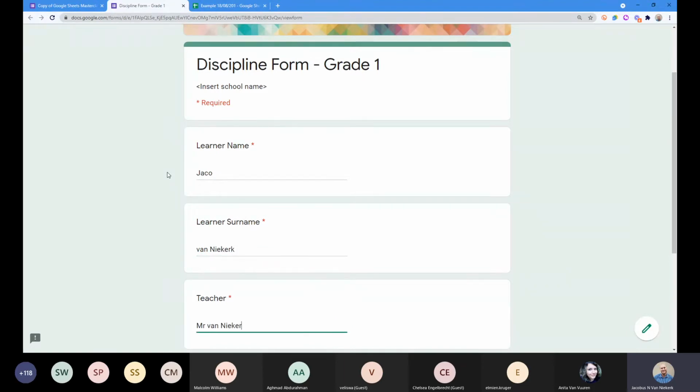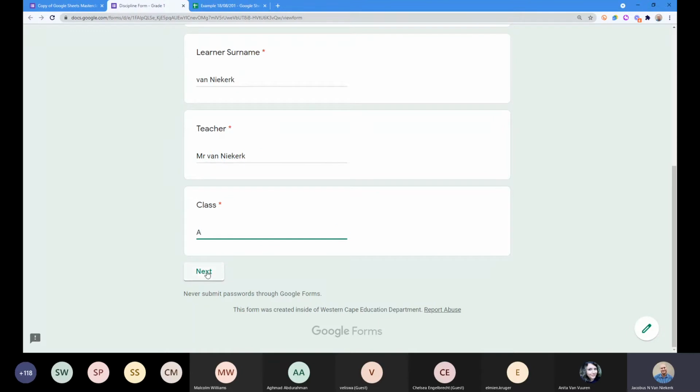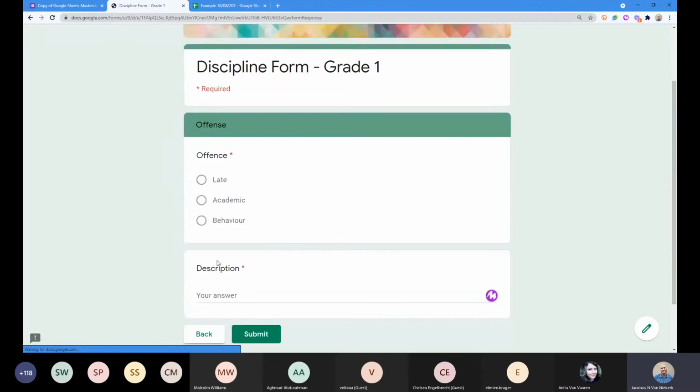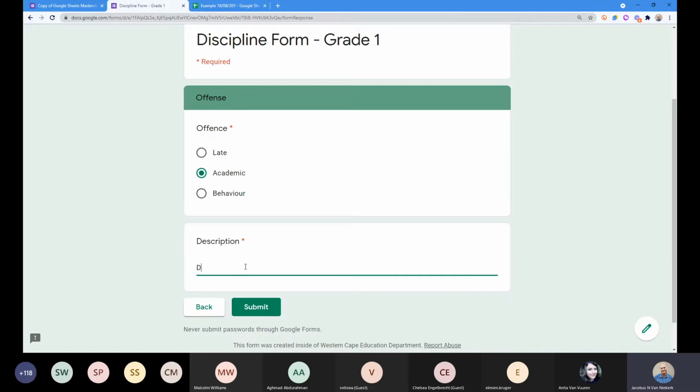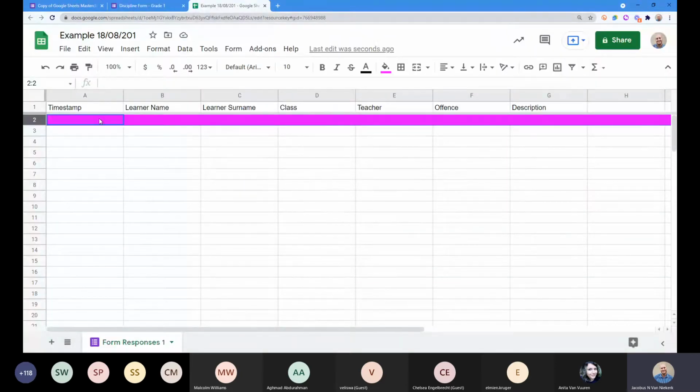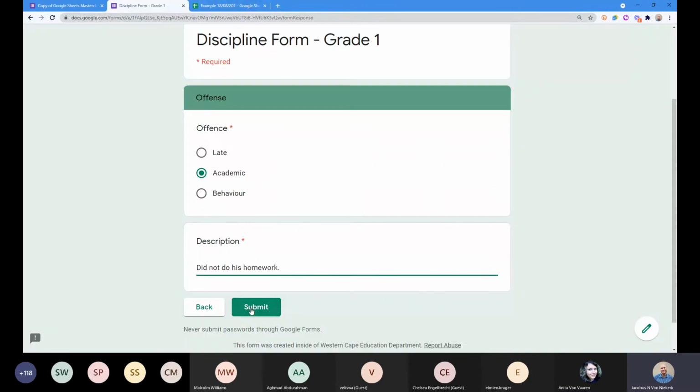The teacher is also Mr. van Niekerk, and he's in class A. We're going to say next. We get to this question, academic, and did not do his homework. Now, before I submit, I want you to again have a look at my Google Sheet. Here I've got my Google Sheet. I've got my pink row there. So what we normally think is going to happen is this is now going to write information into row 2, because row 2 is my first row that I want to add information to. But that's not what actually happens. We're going to say submit,